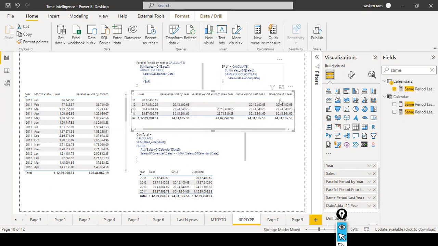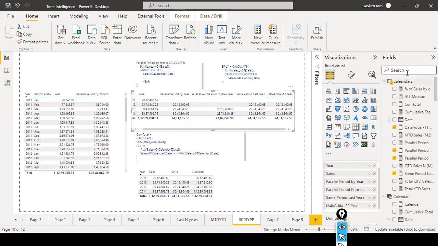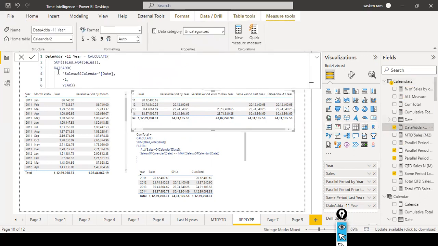Okay, the next one is date add. So there are three functions available. One is parallel period, same period last year, and date add function is also available. Look here, in this case, what I did, I just select this one. Look here, date add, this is the one I used here. And in this case, when you use that date add